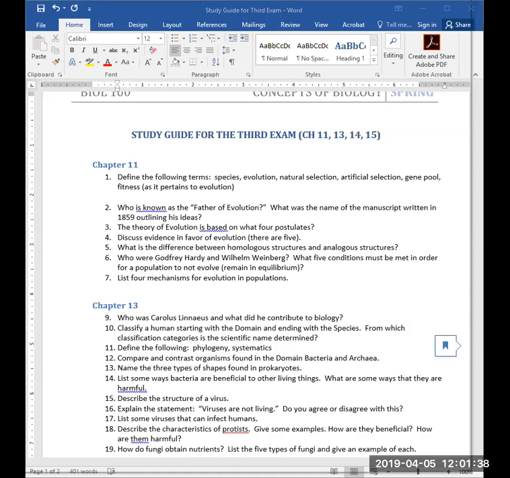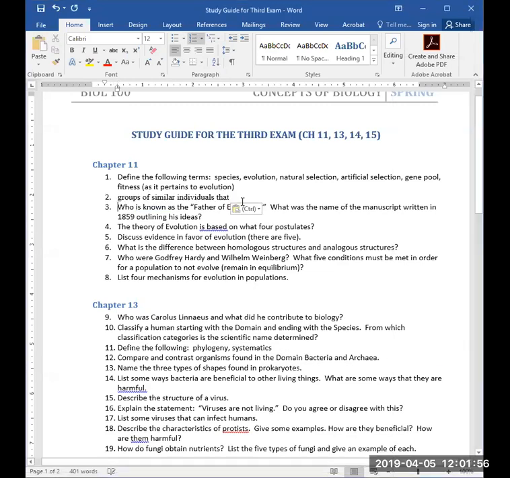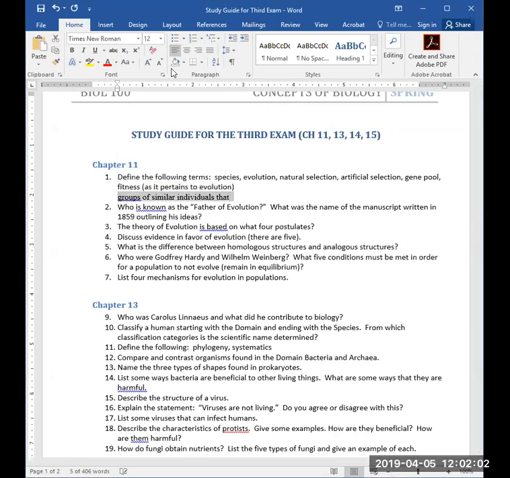So a species is groups of similar individuals that share similar characteristics and can interbreed and produce viable,